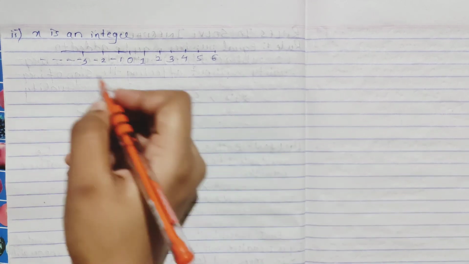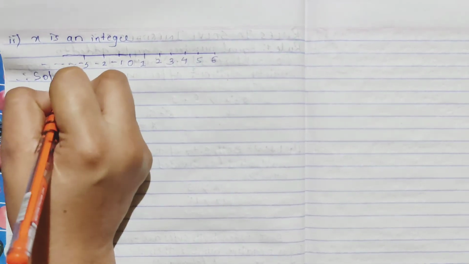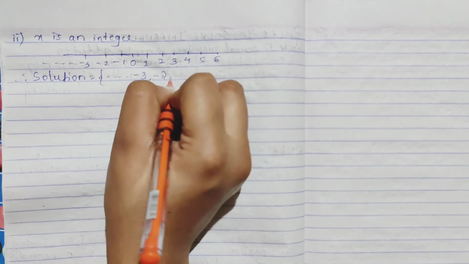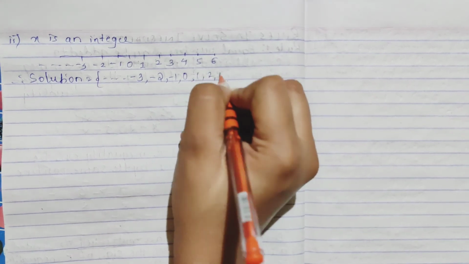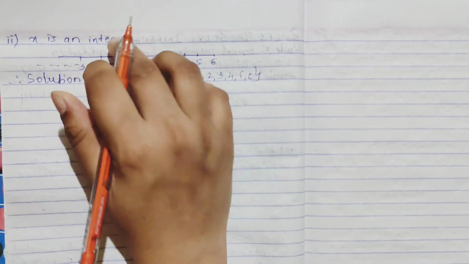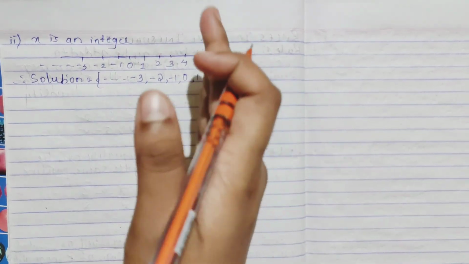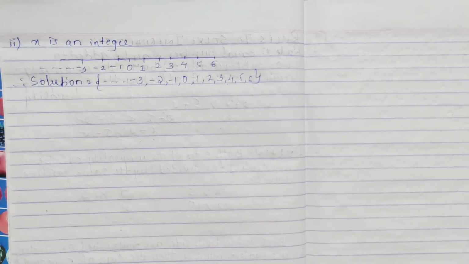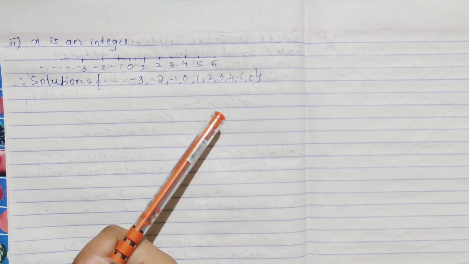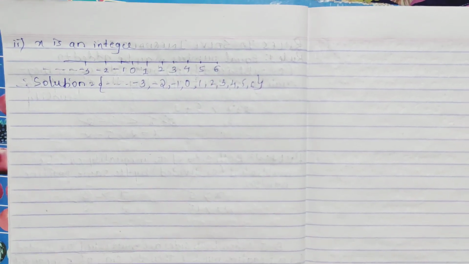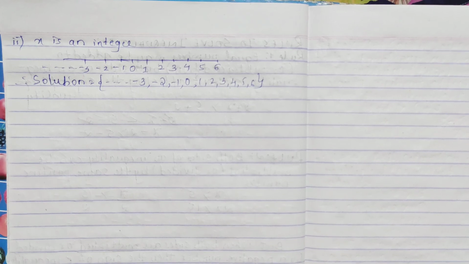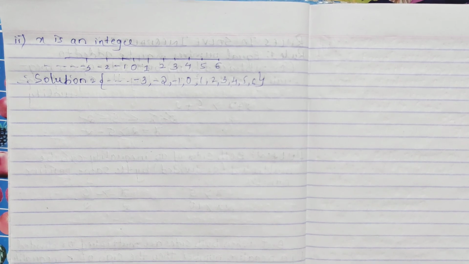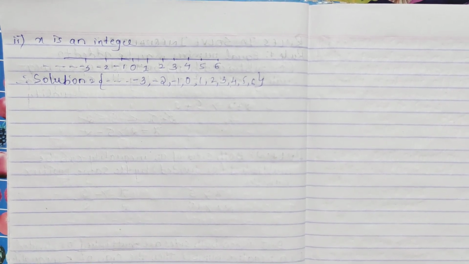So here the solution set you'll get so on. Here I am writing -3, -2, -1, 0, 1, 2, 3, 4, 5, 6. Integers means this only, right? Left hand side, right hand side, which includes positive, negative and your 0. You should make use of your set, your real number system, your natural numbers, your integers, all of that should be proper. Understood, right? How we have to solve it is very easy. It is not so difficult that you feel it is complicated. It is very easy. I hope you have understood.